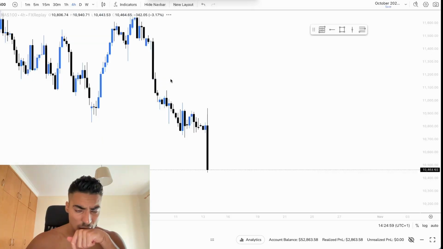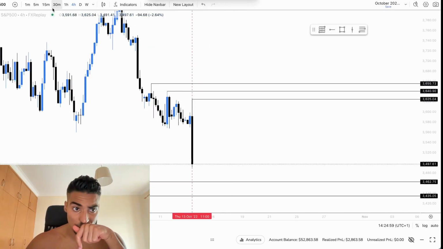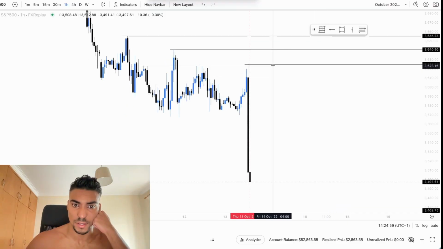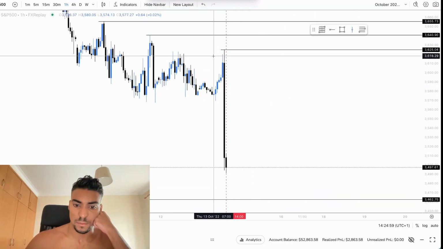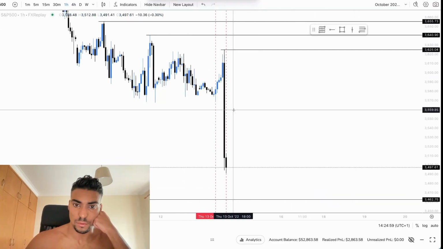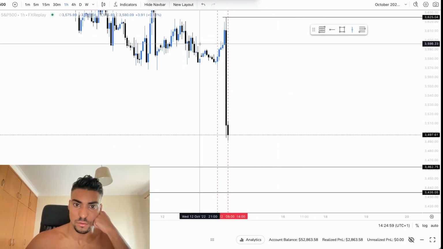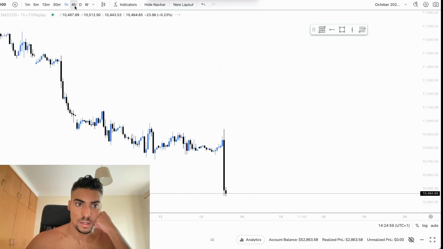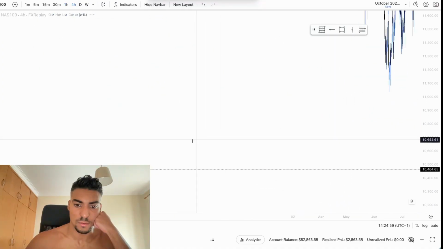Bro, these charts look almost identical. It should be that way, but normally you have some kind of biggest divergence. This is a case of London session manipulation, New York session reversal, possibly. We don't have much more here. Let's see Nasdaq, smoking gun back. Let's see what we have right here.